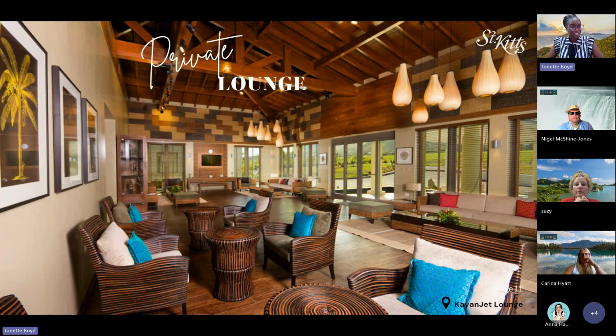So we do have a special gem for people who may be interested in doing a private arrival to St. Kitts. With Cayenne Jet, for around 250 US per person, as soon as you exit your aircraft, you are greeted with a sign and ushered off in a Porsche Cayenne to the Cayenne Jet Lounge. The beauty of the lounge is that you're able to sit back, relax, have champagne, and enjoy a delicious meal while they take care of all of